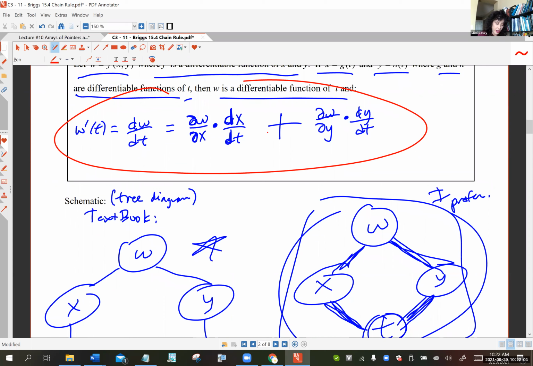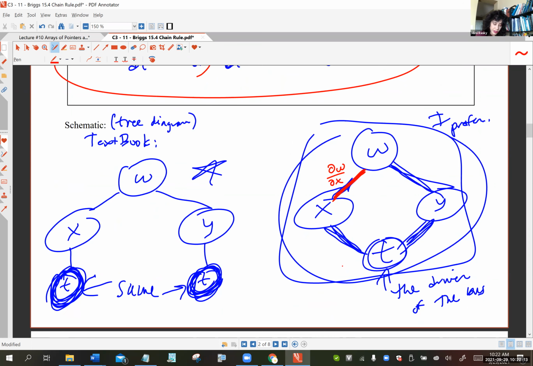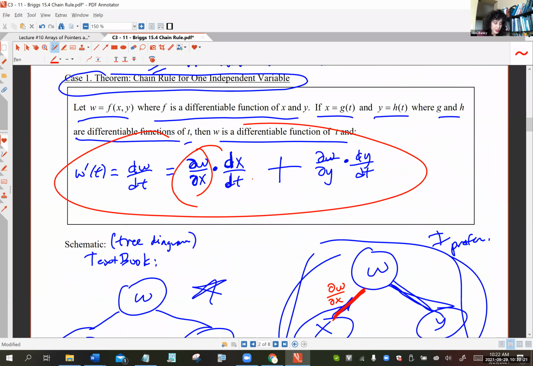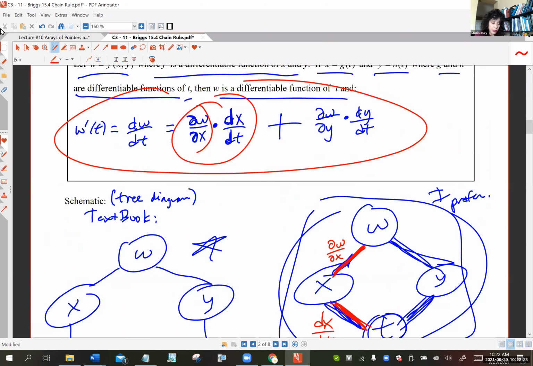So you start at the top, and notice dw dx, which is a partial, goes first. And so you go down this tree branch, dw dx, w connecting x, and then you multiply that by straight stem d dx dt. And that gives you the first term. Plus,